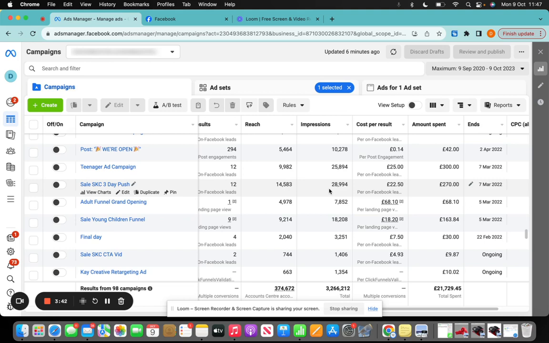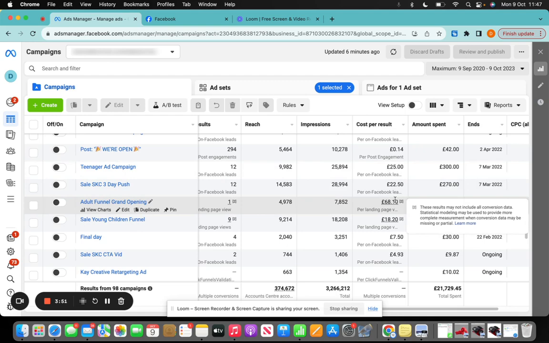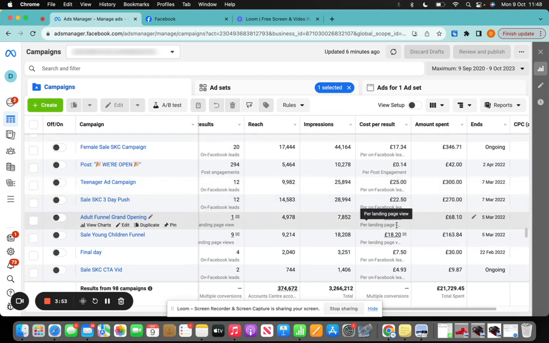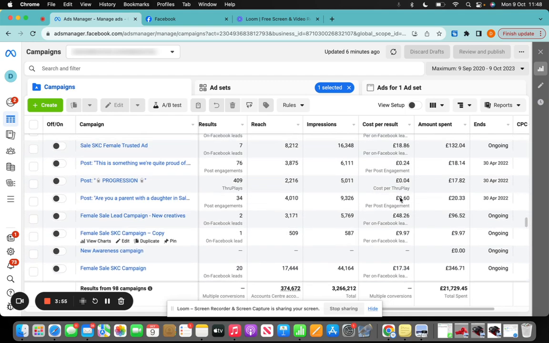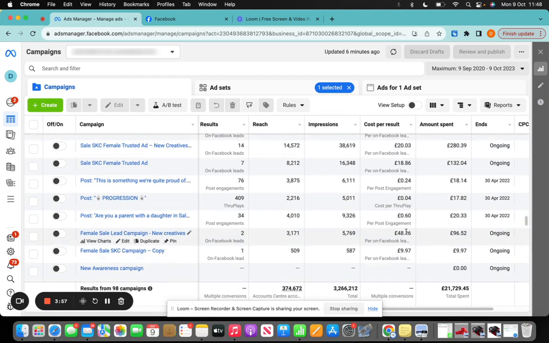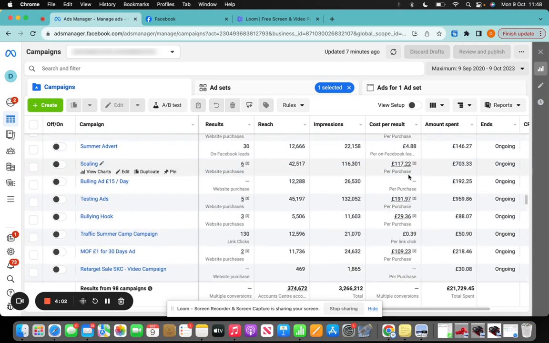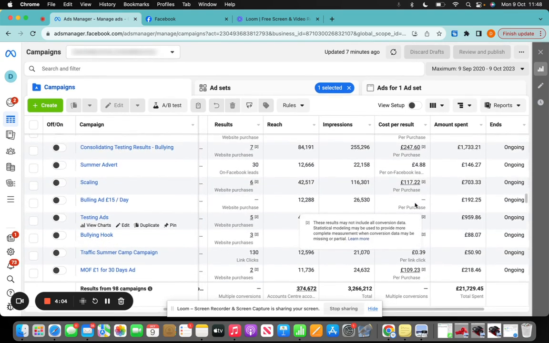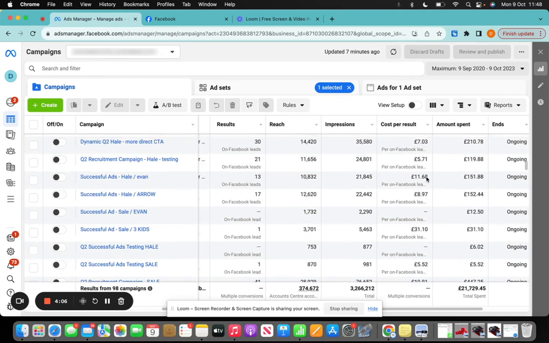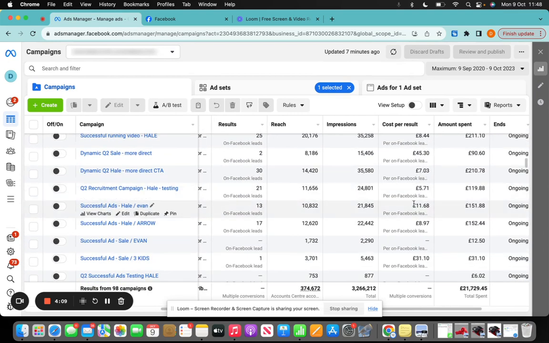But their problem was that they couldn't actually get the Facebook lead cost down. For example, as you can see, these are some of the ads they've run in the past. £25 a lead, £68 per landing page view, £22.50, £9.97, £48, like £20, £38, £19. Yeah, you get the point. They're a bit all over the place as far as the results are concerned. And then in most recent times, they brought it down to like £12, £13, £14, £15 a lead.